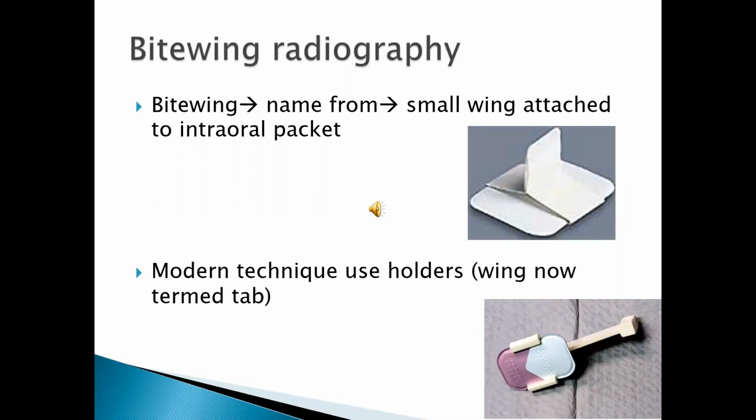If you look at the second image, we have this kind of holder which is made of plastic, so you can clean it, then sterilize it, then use it for the next patient. So this is the holder, and this holder is very different from the holder which we had seen for the barreling technique and the bisecting angle technique.